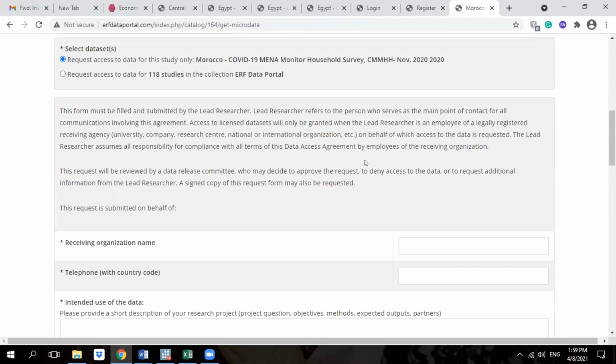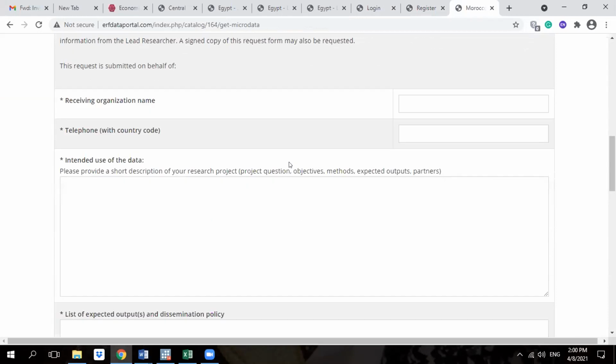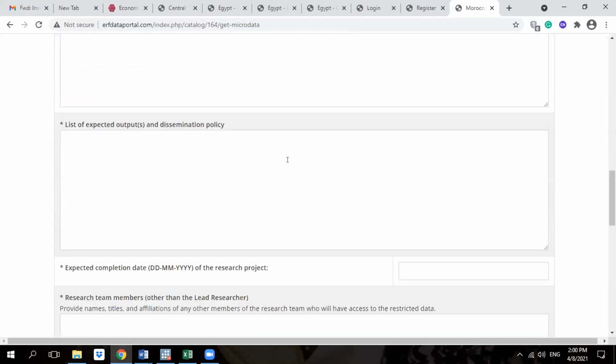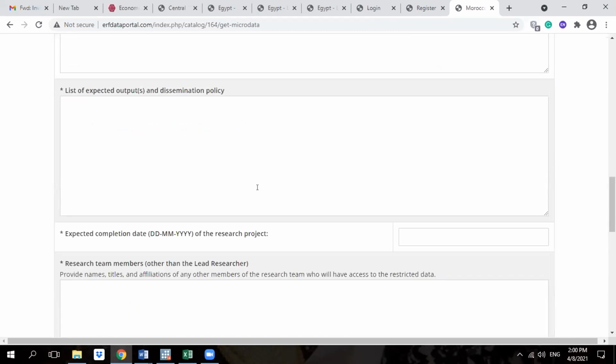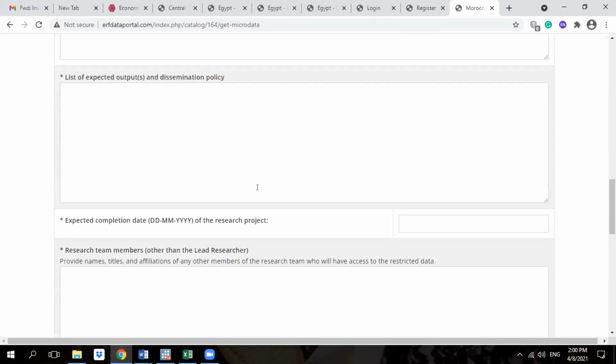As a hint for you, if you are an undergraduate, you will have a specific topic you want. Just write all the information that you have, to give us an opportunity to give you the data. Also, if you have a team member, just write it and ask your team member to also request the data. May I add something here, Dalia, as a hint?